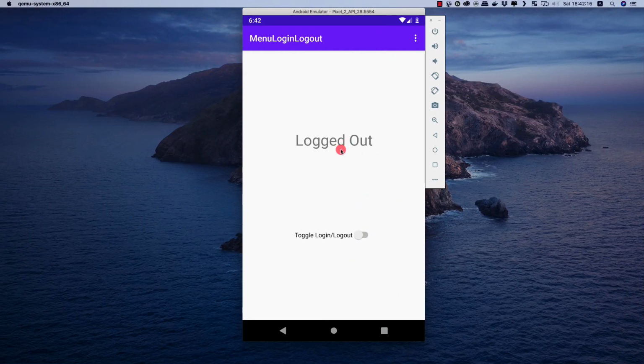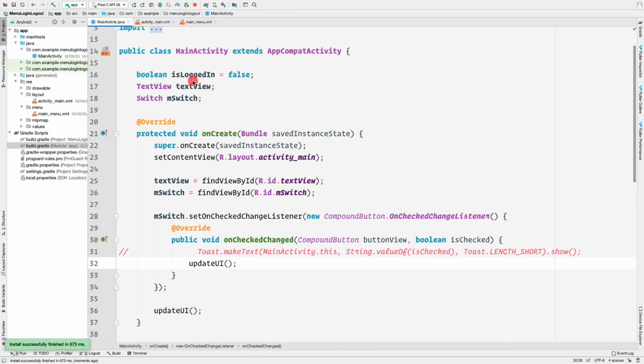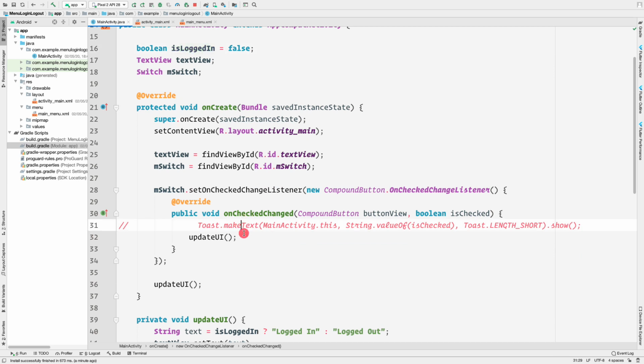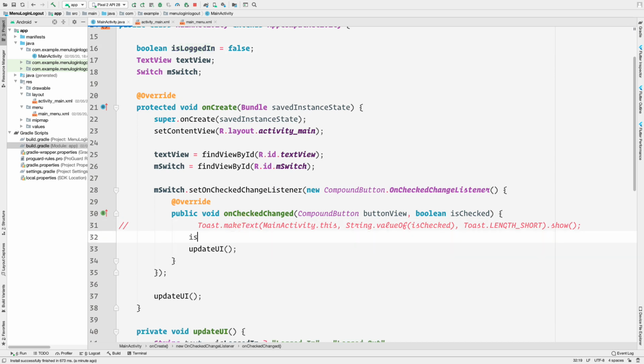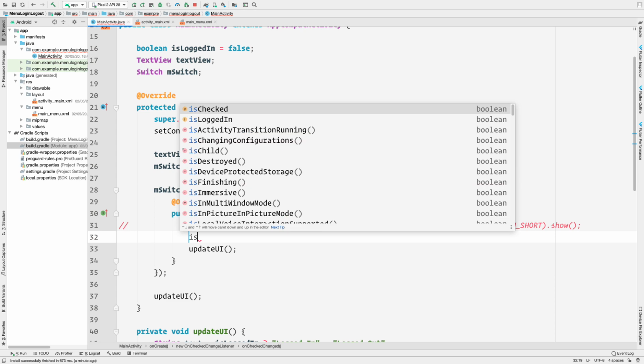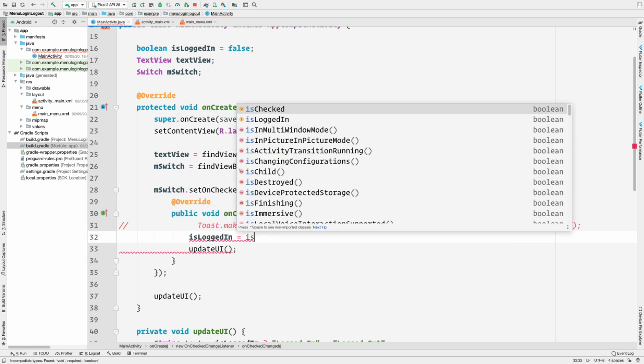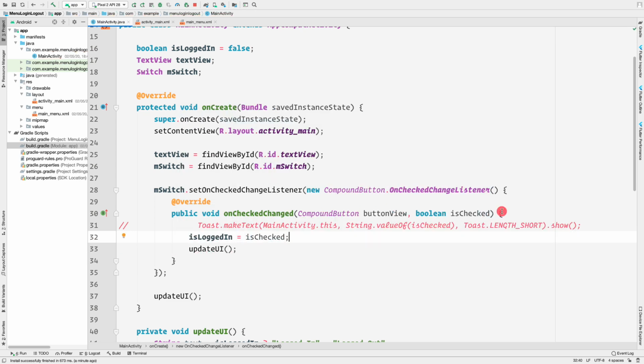So currently we see that we are logged out. And now if we change the state of the switch, we are seeing that it is logged out again, because we haven't changed the value of this isLoggedIn boolean according to the state of the switch here. So before calling updateUI, we'll say isLoggedIn